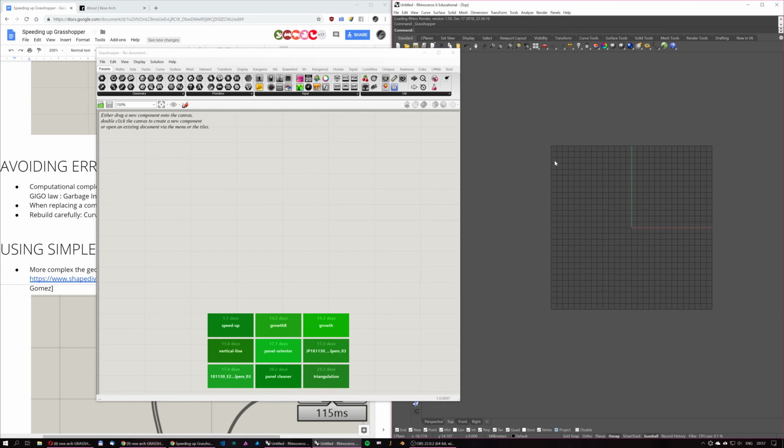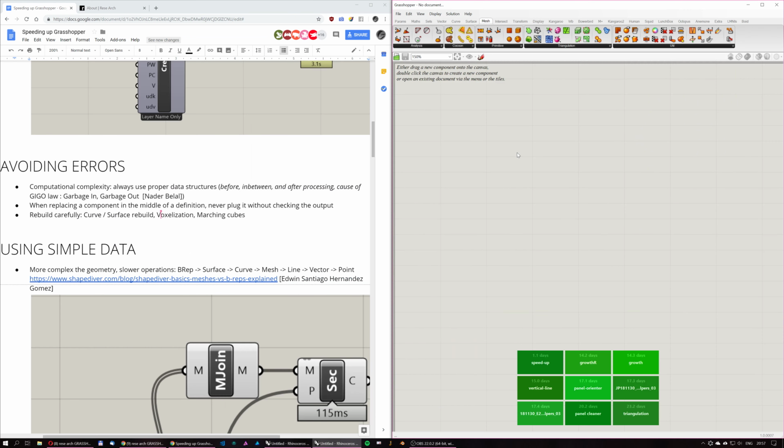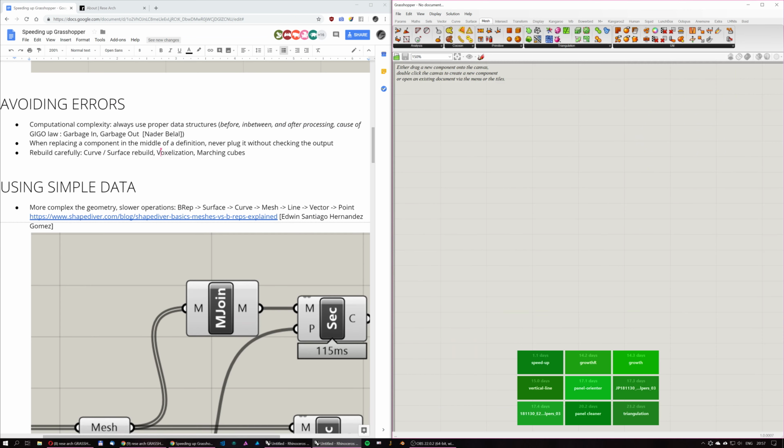So even with voxelization, I'm not really sure if I have voxels here. No, I haven't installed any voxelization plugin here. But still, when you're rebuilding, always make sure that you're rebuilding in a meaningful way, because you might end up with your definition completely stuck, and you wouldn't be able to stop the calculation. Also, make sure that you always save before you do any sort of rebuilding. Autosave would help you as well. Okay,